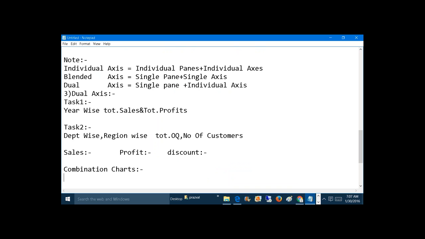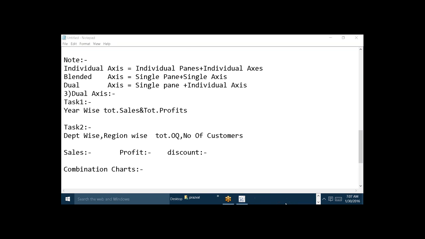What are combination charts? If we combine multiple chart types in a single worksheet, then those types of charts are known as combination charts. So let's say, for example,